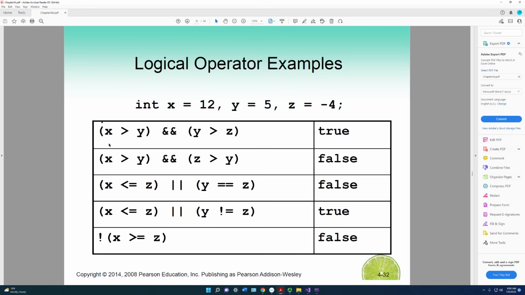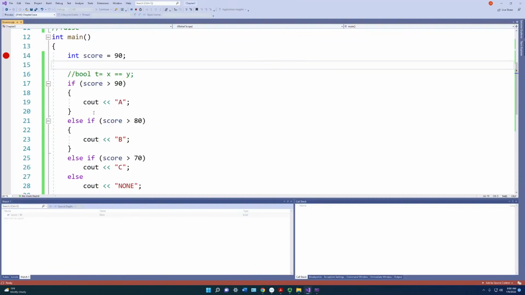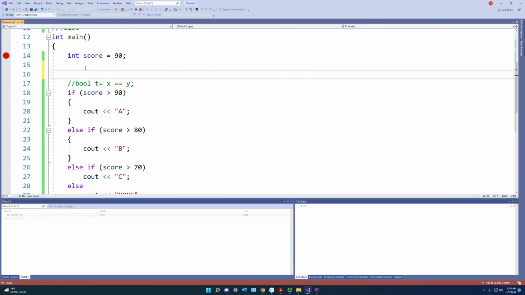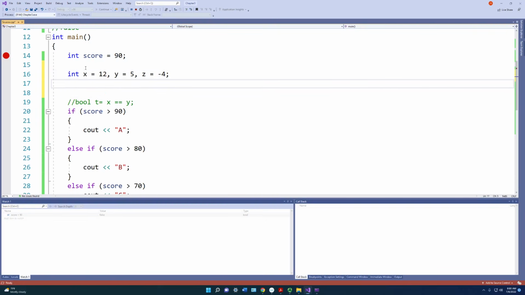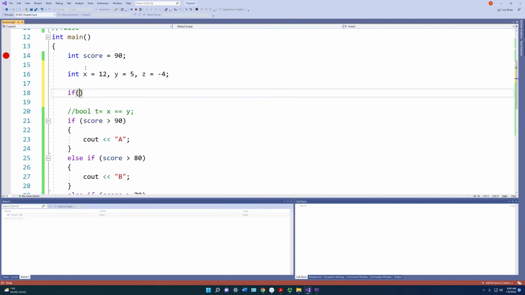We look to see is x greater than y, and then we look to see if y is greater than z. So let's get into this one a little bit more, because this is actually a good example, and let's play with it. Okay. So we're going to go ahead and just go up to here, and I'm going to pipe that in there, and we're going to say if x is greater than y,